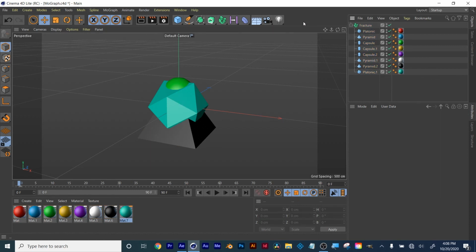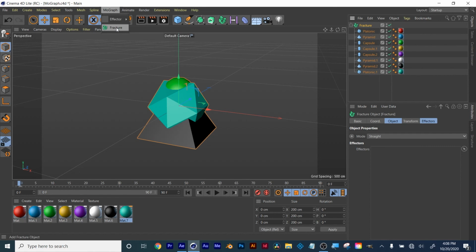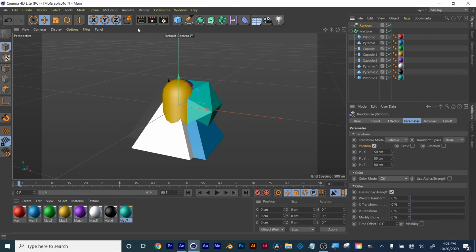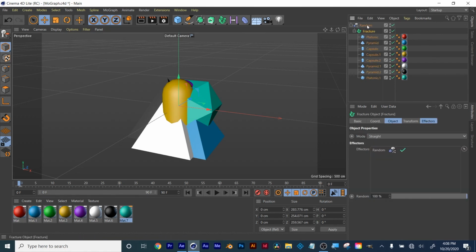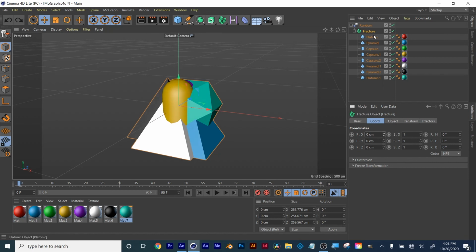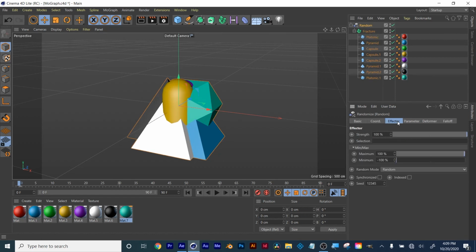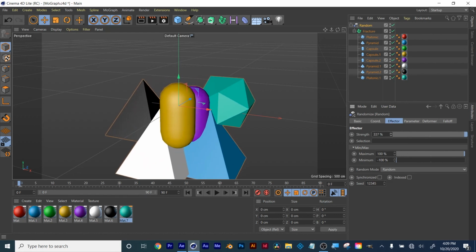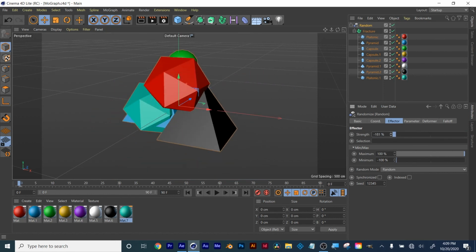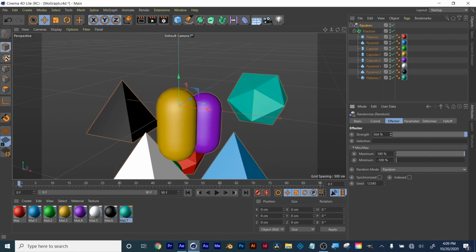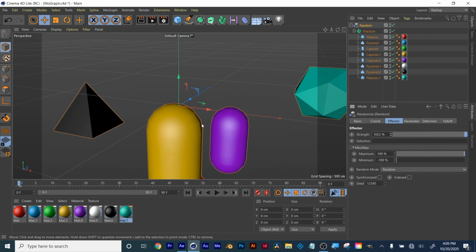Then I'm going to add an effector of random. And already you see the shapes spreading out. And I just parented that into that. I'm going to click on my Effector tab. I'm going to increase the strength, and you could already see them start to spread out randomly. I'm going to zoom out a little bit,